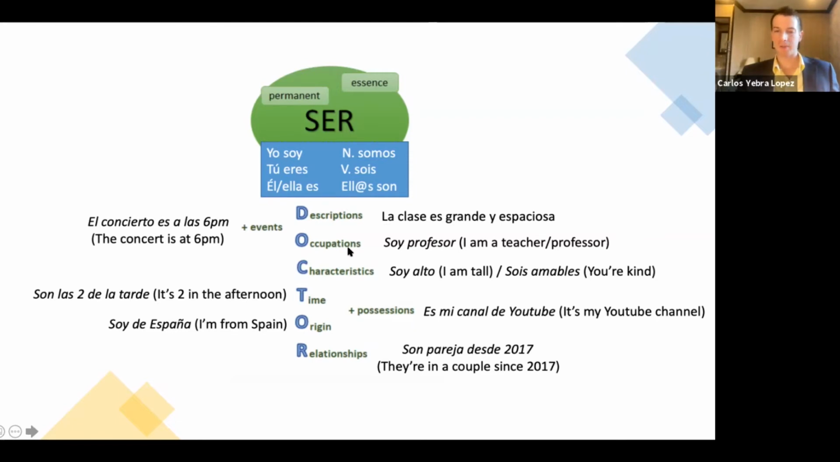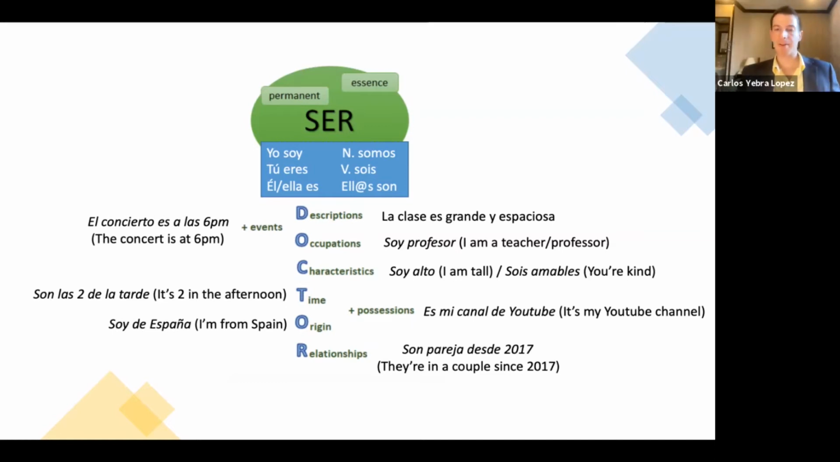We can also use ser for occupations. So if you work as a teacher or professor, you would say, soy profesor. Now, here we don't need to specify the subject pronoun yo. Why? Because as you can see in the box, each person has its own ending. Therefore, once we write the ending, we already know automatically what the subject pronoun is. Soy is always going to refer to yo. It cannot possibly refer to nosotros, vosotras, tú, ellas. Only yo collocates with soy. Therefore, as soon as we say soy profesor, we already know implicitly that we're talking about the first person singular,